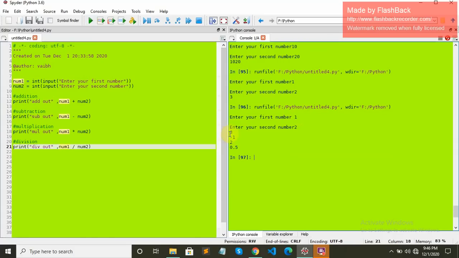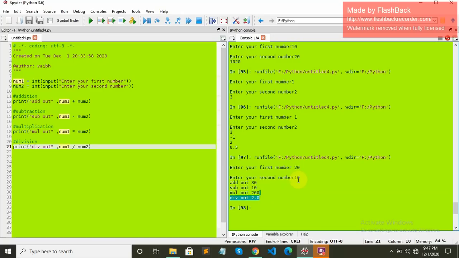You can see the output we are getting now because it was previous, and if we run it again, let's say 20, let's say 10, you can see addition add out is 30, subtraction is 10, 20 minus 10, multiplication is 20 into 10, 200, and division is 2.0.